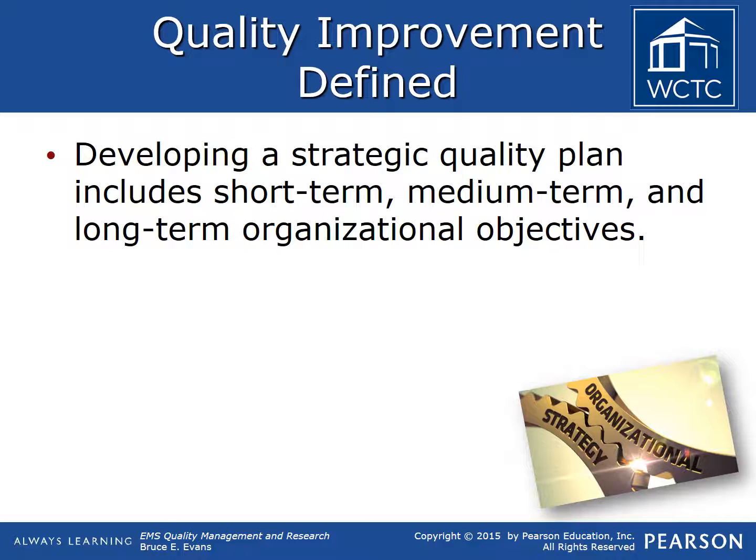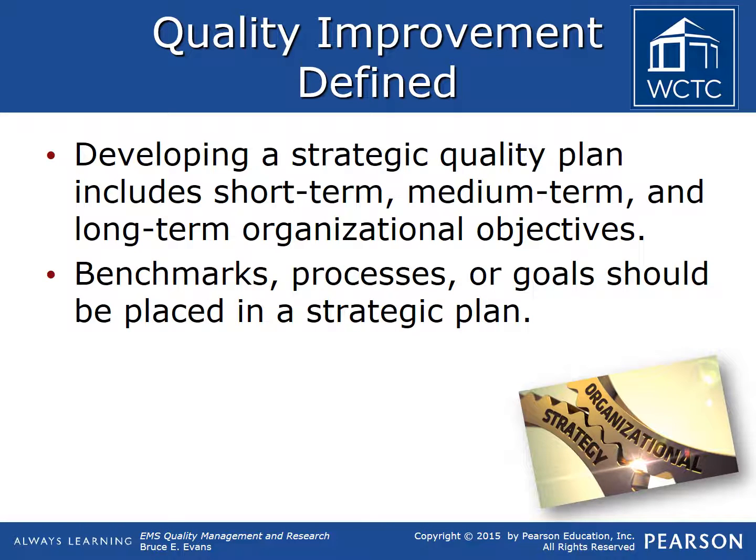Each objective should identify the ways to achieve those objectives and measure the effectiveness or impact of the changes on quality outcomes. It is also important that these objectives focus on ensuring customer, patient, and stakeholder satisfaction, which includes not only external stakeholders, but the people internal to the organization as well, which includes the EMS providers employed by the agency. Developing and defining quality in a strategic plan requires the use and analysis of information and data.